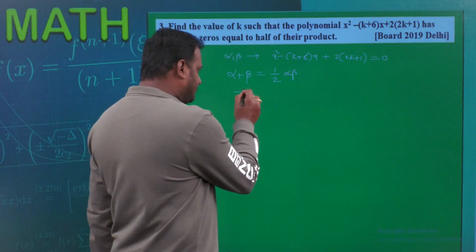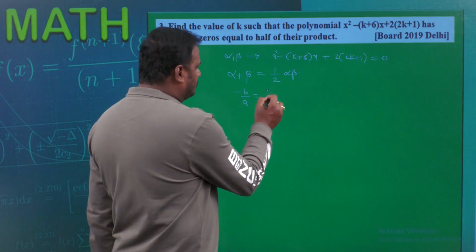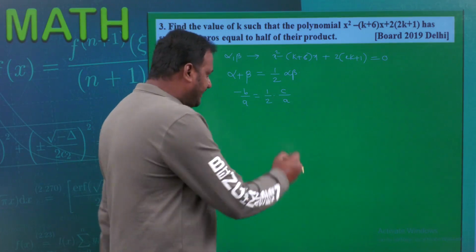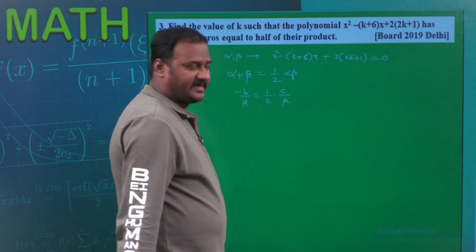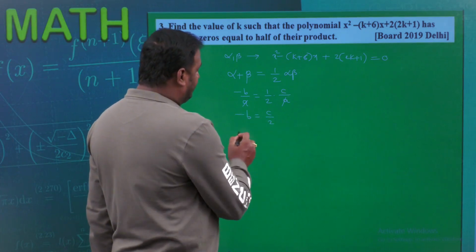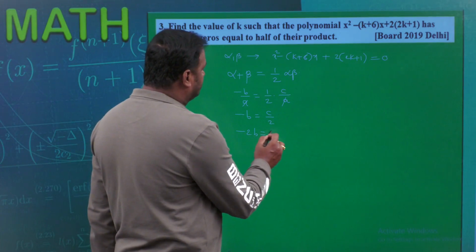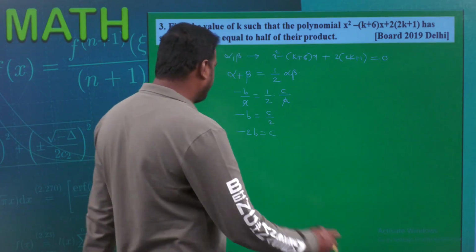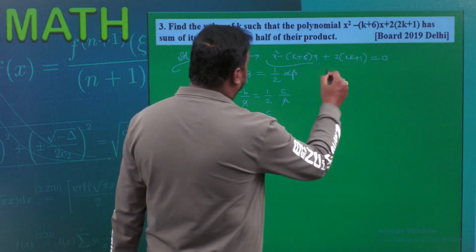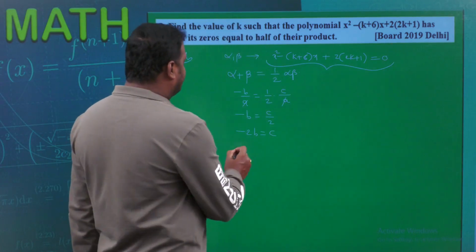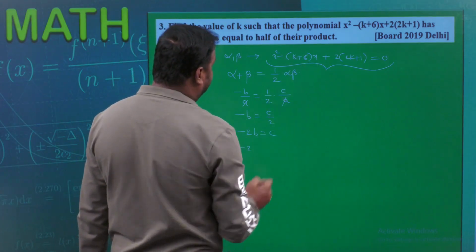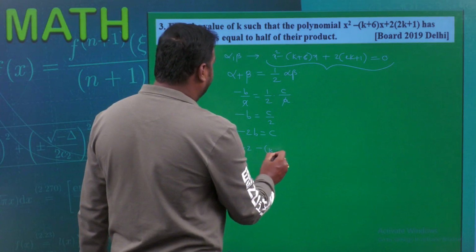Alpha plus beta is equal to minus b by a, is equal to 1 by 2 into alpha beta, which is equal to c by a. Correct? Can we cancel this a and a here? Then minus b is equal to c divided by 2. Then minus 2b is equal to c, or else you can leave it like that, no problem. So I am going to substitute the values here. The given quadratic equation is this. Minus 2 into b. b is equal to the coefficient of x, that is minus of (k plus 6), right? Minus of (k plus 6)